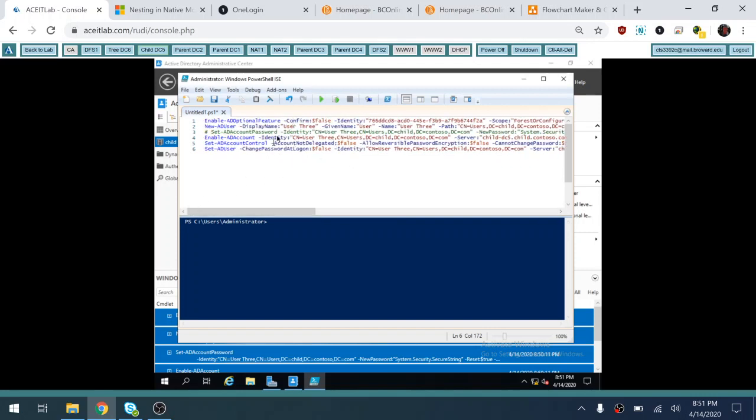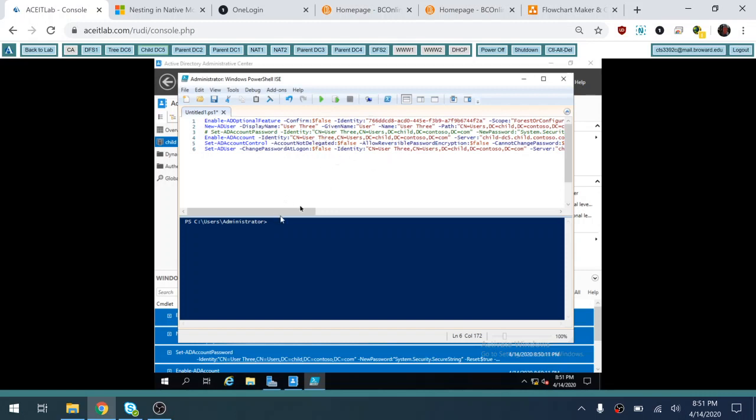So in the future, I can just edit this script and set it so I put in variables instead of hard coding the names, and create your own little PowerShell script to create users. This is a little bit overkill for creating a user account,